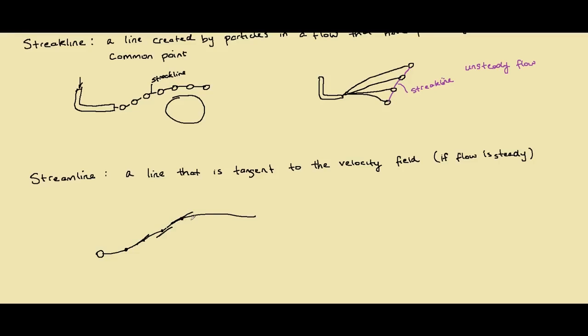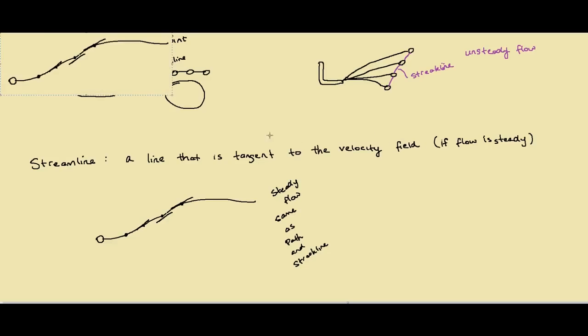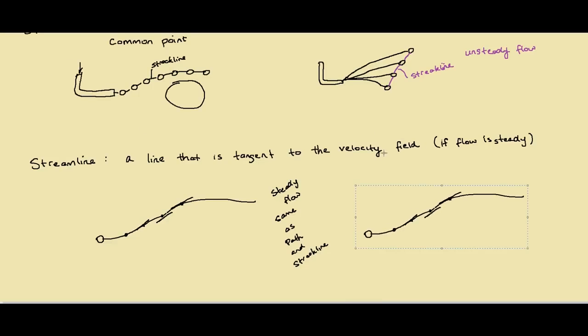So actually a streamline looks exactly like a pathline and streakline for steady flow. For unsteady flows, the streamline may change with time. So say we have the same streamline as before, but at some different time now, the particle may travel in a different path. So this purple line is a particle traveling at a different time, and sometime later the particle may travel like this. Because the velocity field is not the same in unsteady flows,